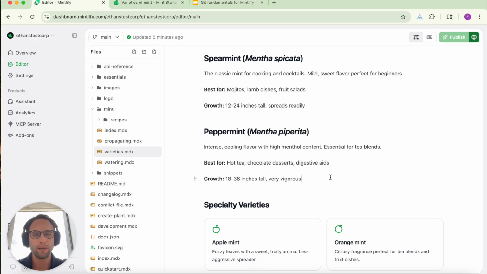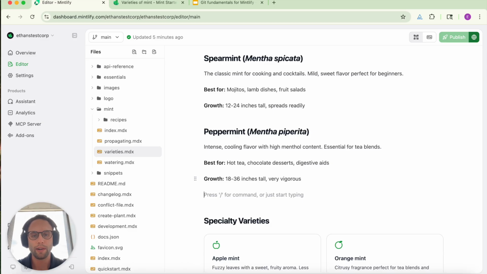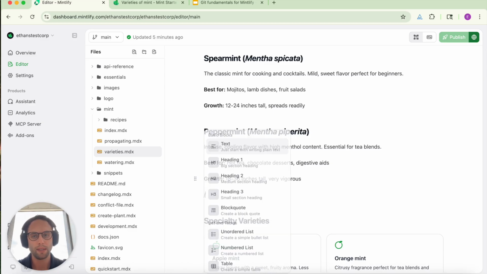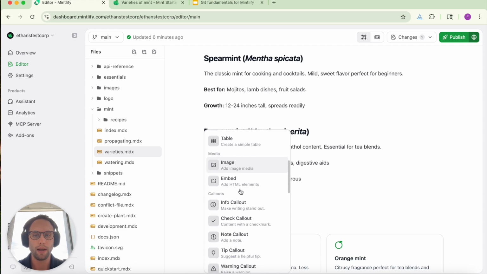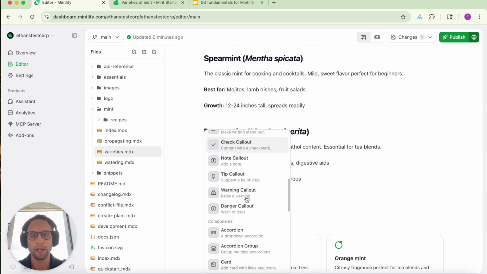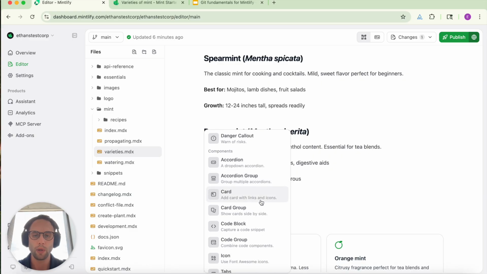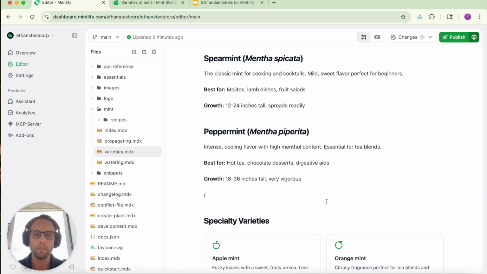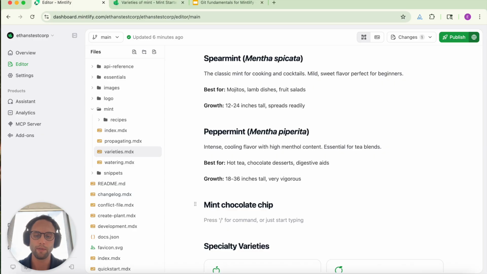I want to start with adding another section here. I want a header, so I have two options. I can press slash to pull up a menu that offers text formatting, as well as access to different components, such as callouts, accordions, cards, code examples. Or I can also use Markdown syntax to specify a header. For formatting text, you can also use common keyboard shortcuts. For example, you can use Command B to get bold text,